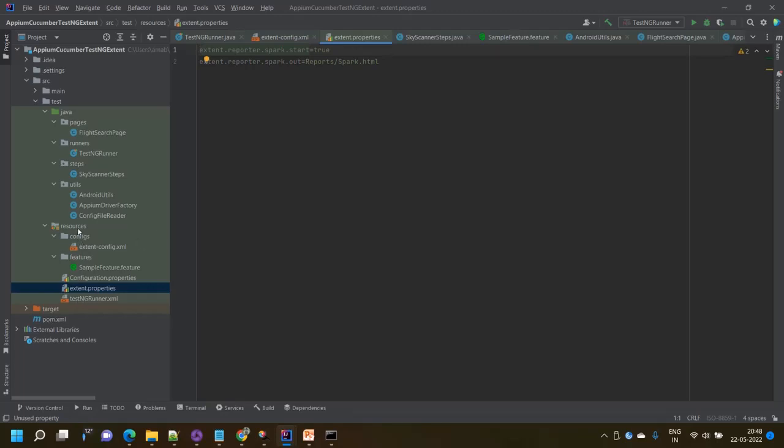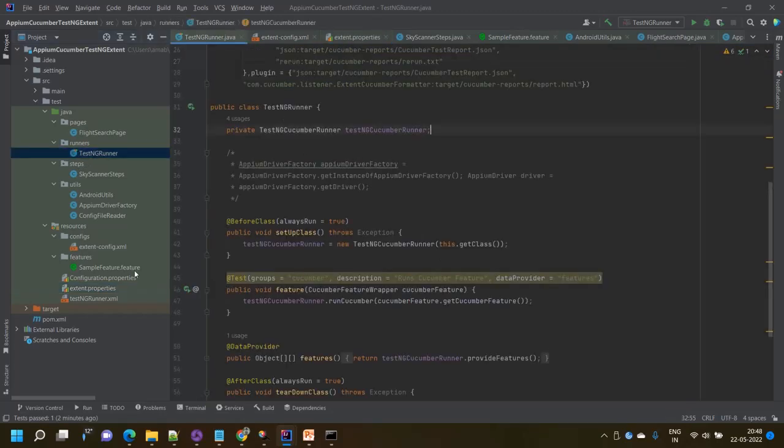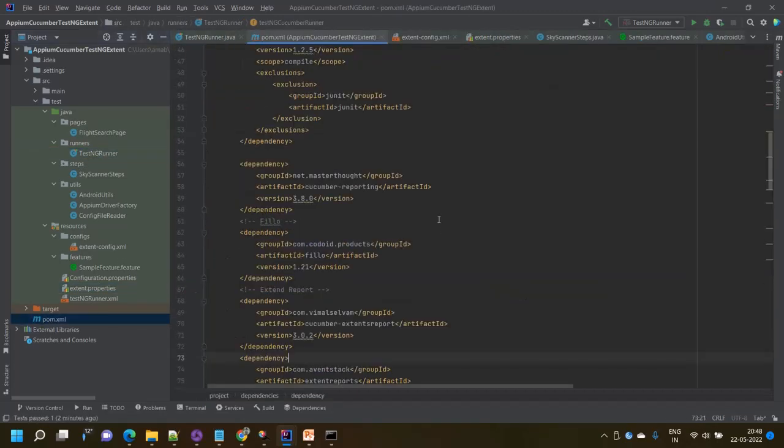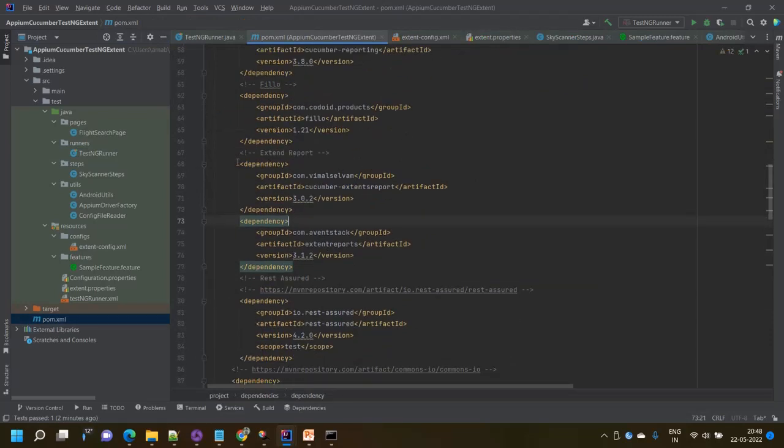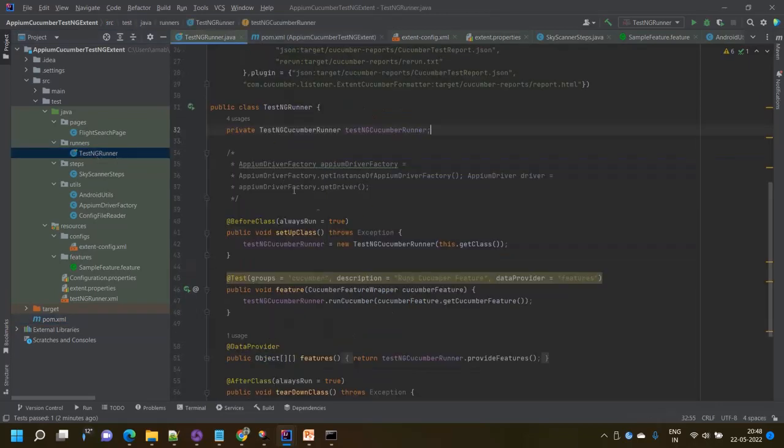You have to place inside the resource folder, and you have to write these two parts. And third, inside the TestNG runner and also in the Pom, you have to make sure that these two dependencies are available. And in the TestNG class,